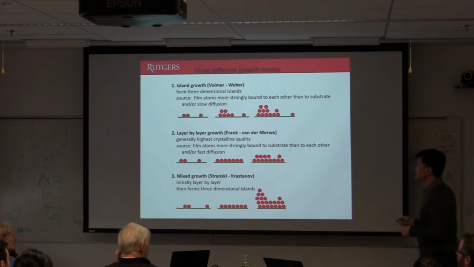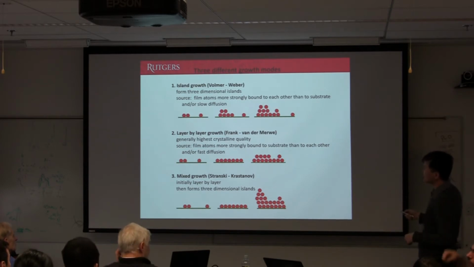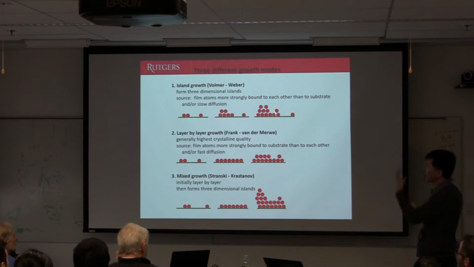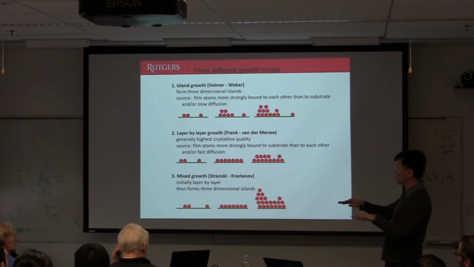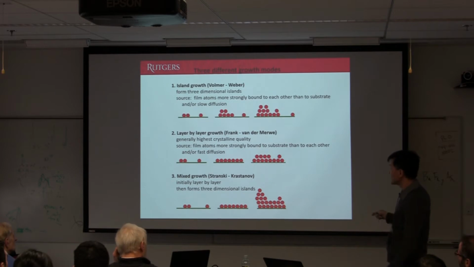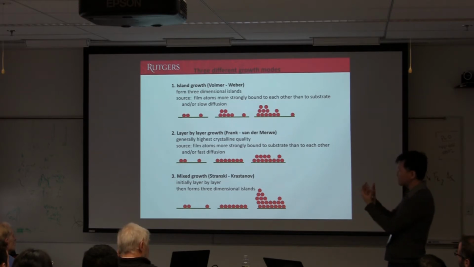All these depend on all these details. Sometimes film can grow in some 3D mode, island growth, or what we normally want is some very smooth, just two-dimensional film. But that does not always happen, because even if that's what you want, because of some fundamental